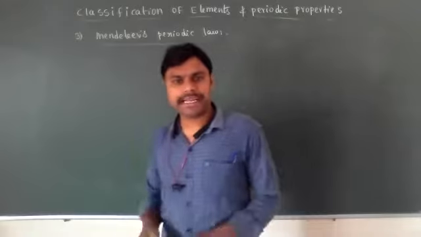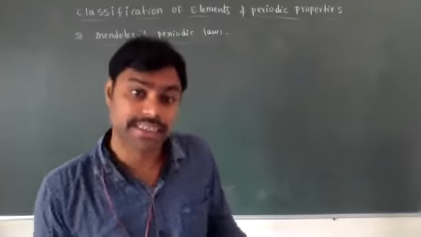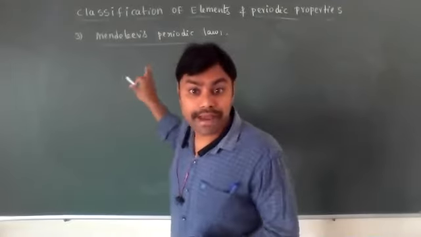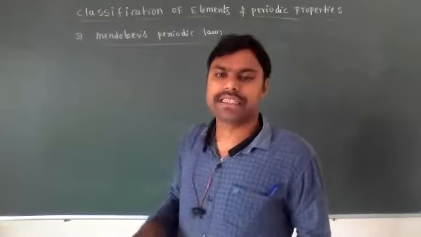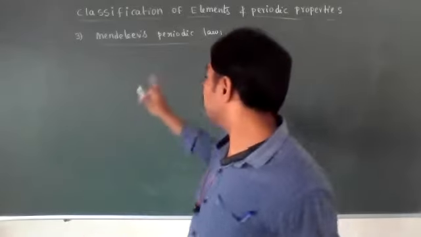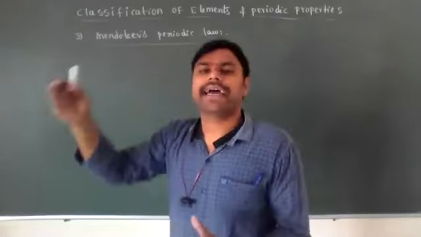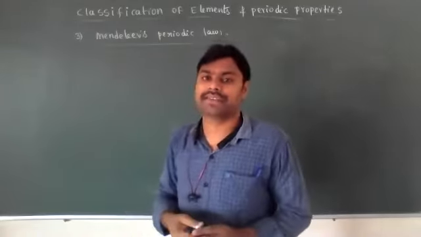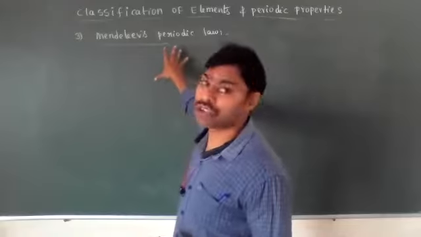See, Mendeleev's periodic law is also based on atomic weights only. But Mendeleev successfully classified around 63 elements. That's why the Mendeleev periodic table is also known as the short form of the periodic table. He gave the major idea. Along with atomic weights, he considered their properties also, and that's why he classified more elements. So the basic idea of classification of elements, that credit goes to Mendeleev.